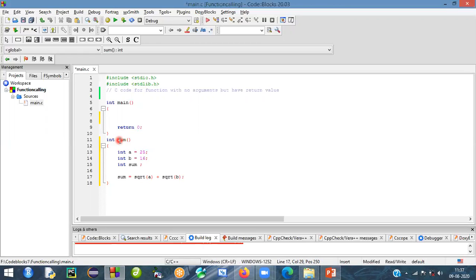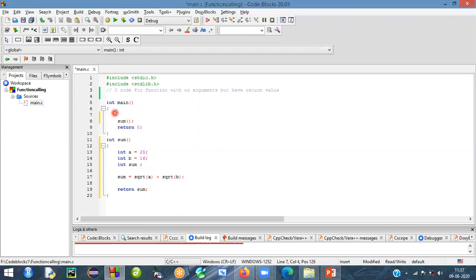Whatever value you are going to add here after finding the square root, return that value into the sum. Whatever sum value you get will be written in the sum. Here you can see this. I am not printing anything over here, so I am going to return these things into the main function. Before that we have to call a function here, that is sum. So this is my calling function.